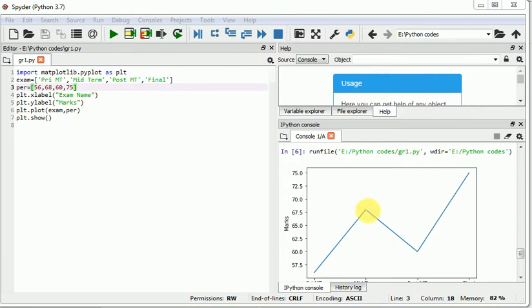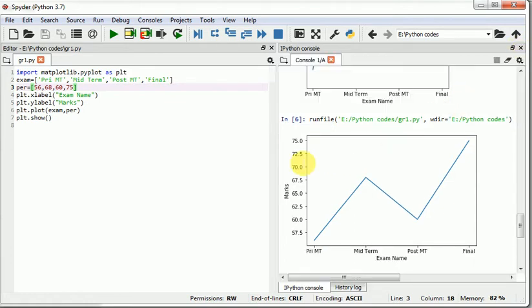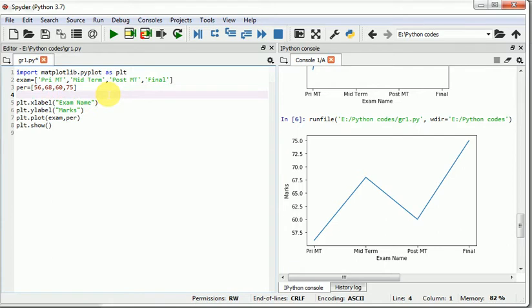Sometimes we require to change the size of this graph that displays here. Just closing this window. For that purpose we can use the figure function, plt.figure.